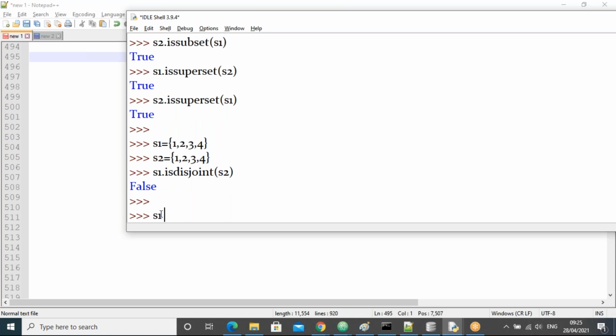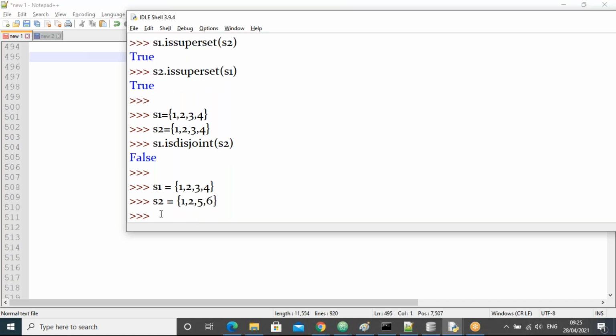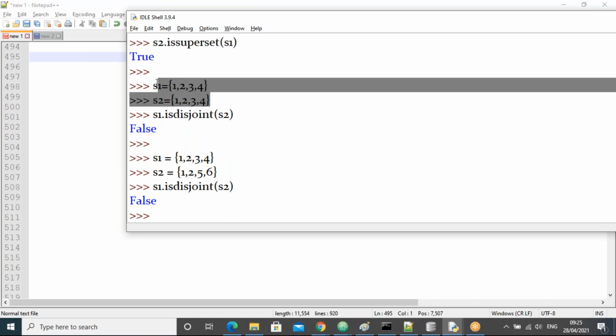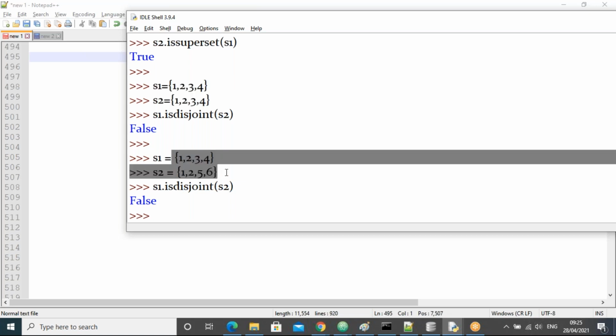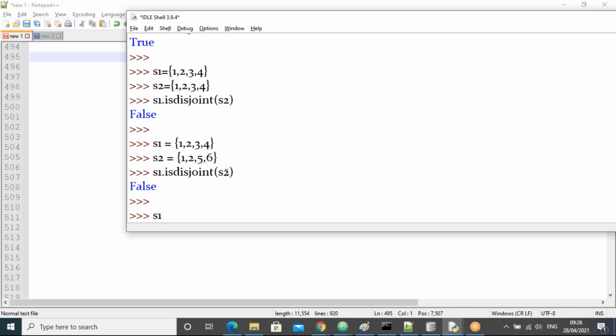Before that, I'll take one more example with different elements. I'll take 1, 2, 3, 4, and for S2, some are common, some are different, like this. Again, I take the same function. Again, false, guys. When both have the same values, we get false. When some are common values and some are different values also, we get false. Now, the only remaining possibility is that I take all different values in both the sets,